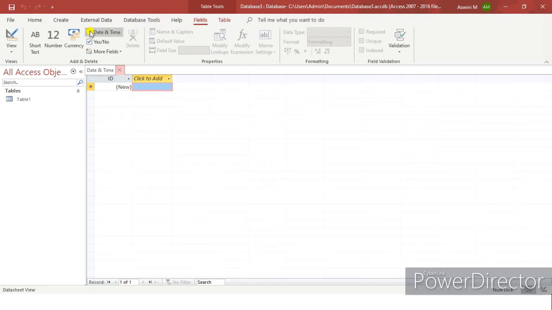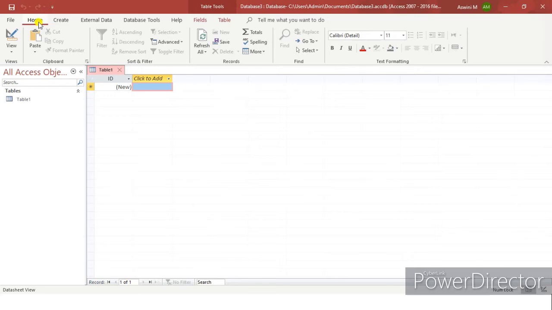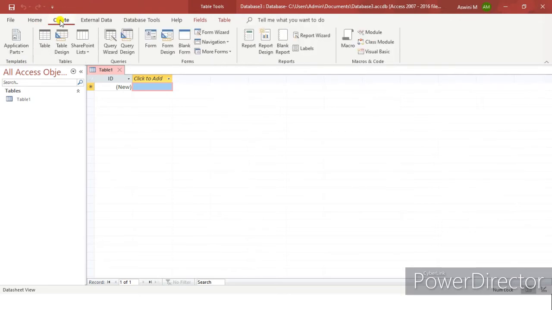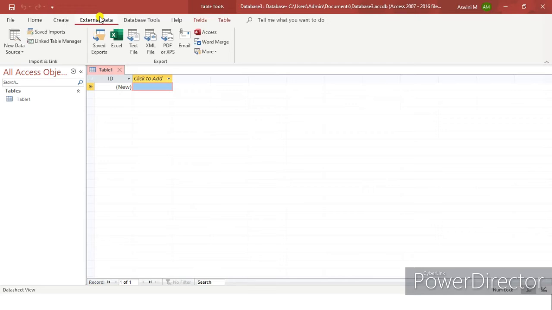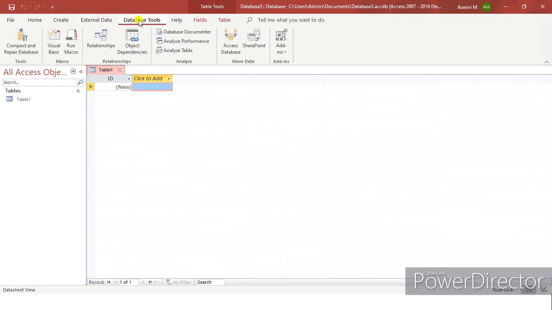These are the new tabs you find in the software, and the groups are different. For home you have views, clipboard, sort and filter, records, find, text formatting, and for the create tab you have different groups. For external data as well you have different groups.